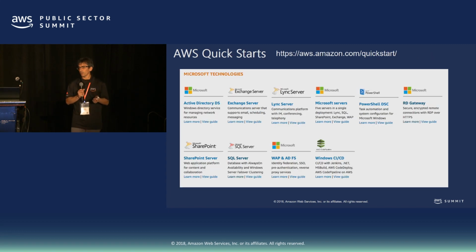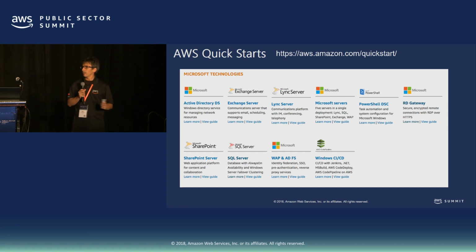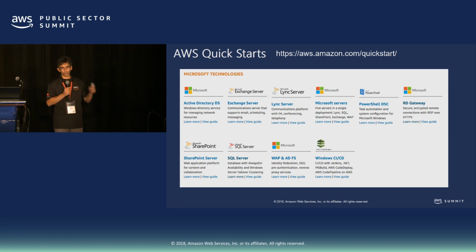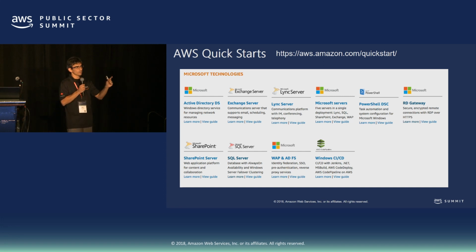And talking about CloudFormation, remember when I mentioned to you the SQL Always On, that I stole the diagram from the Quick Start. So that's the Quick Start. If you're thinking of playing with some Microsoft workloads, some Microsoft tools on AWS, you can go to Quick Start. You can pick, let's say I wanted to play with Lync Server, SharePoint Server. You go to SharePoint Server Quick Start, and then there's a CloudFormation script that you can utilize. And that CloudFormation script is going to execute whatever you see in that diagram.